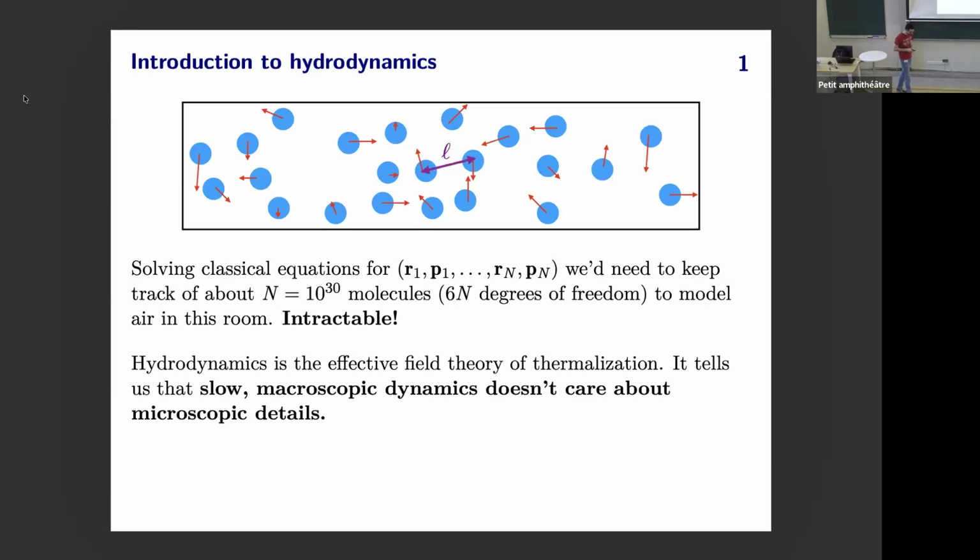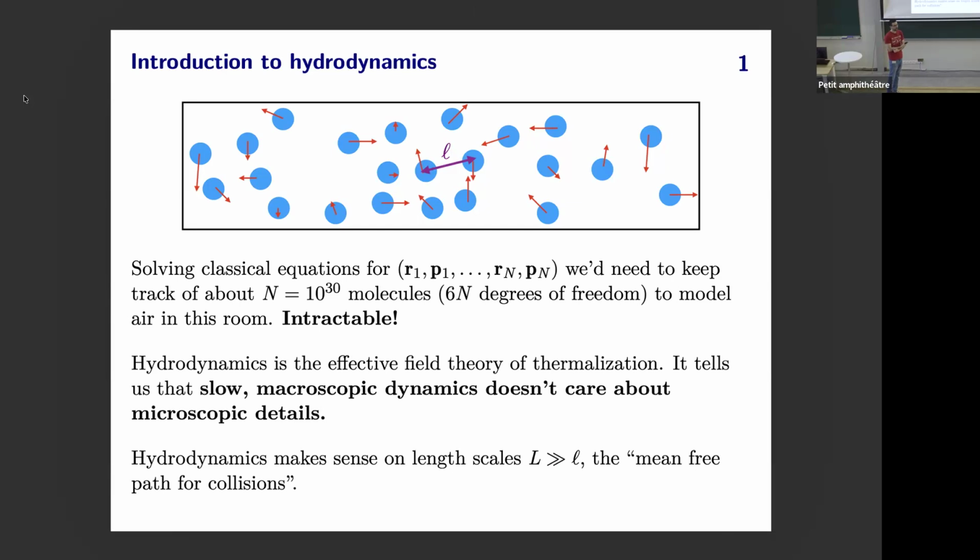Therefore, we turn to what in modern lingo we could call an effective field theory for the description of the molecules in this room. The goal is not to describe where molecule 10 to the 20 is at time t, but rather to describe experimental observables, things like the temperature, the pressure, the momentum density or fluid velocity, in some region of the box as a function of time. And these collective variables don't care about microscopic details like the fact that air has more nitrogen than oxygen.